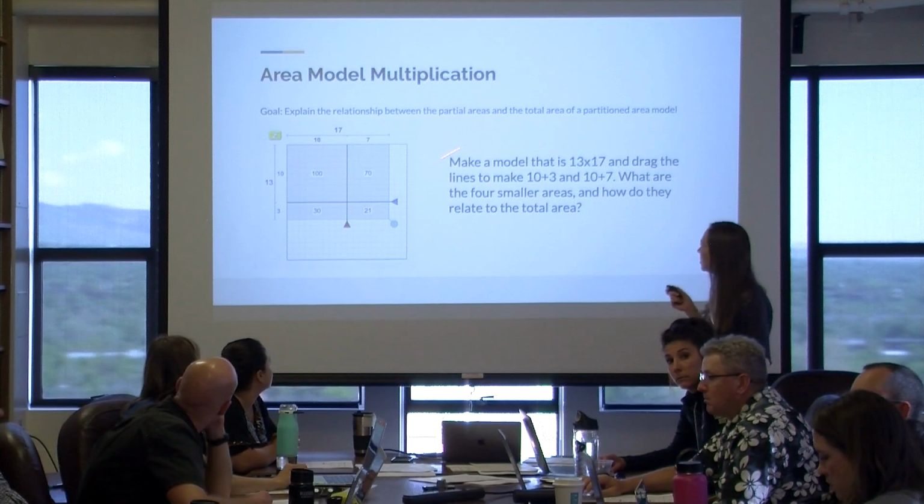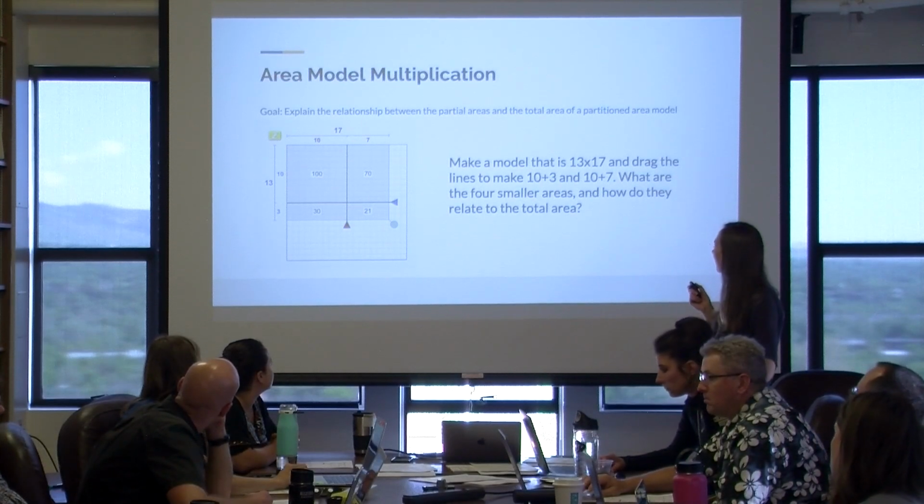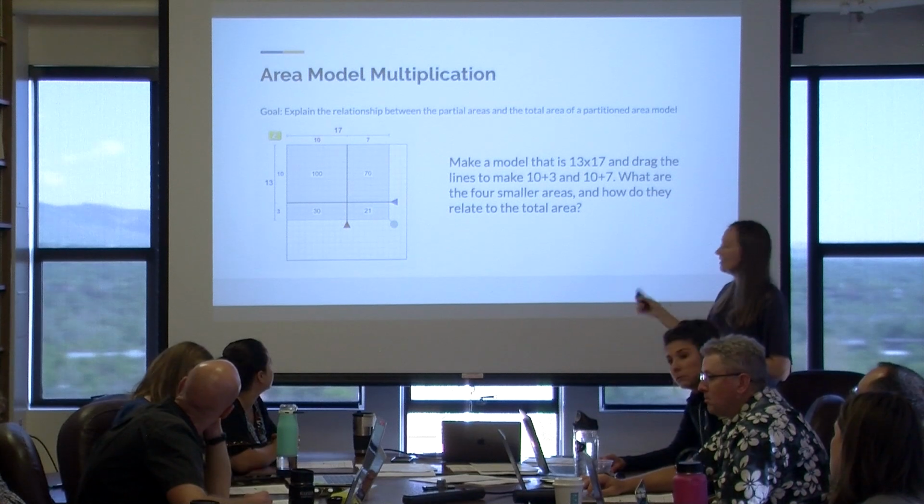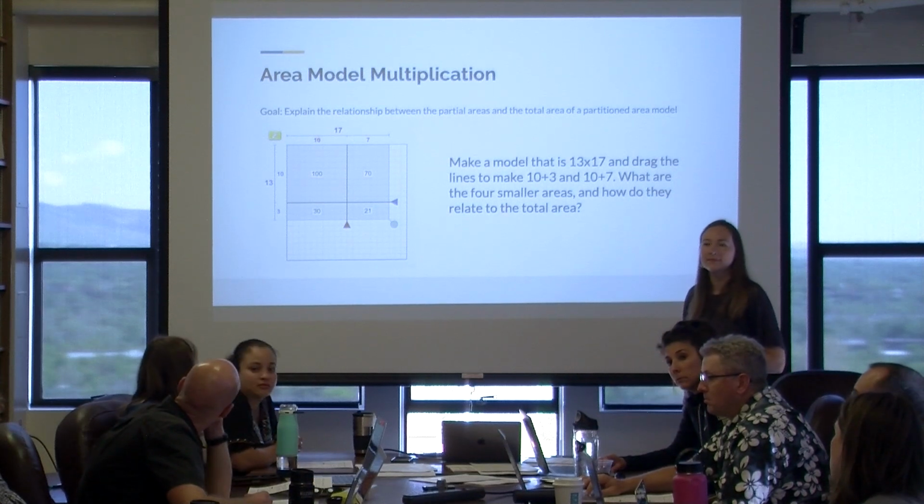Trying to get them to see the relationship between the partial areas and the total area, instead of asking them to build this exact model. Yeah, so we decided that keeping it as 13 by 17 is a good idea. Originally, I wanted to let them choose what two numbers they used, but if everyone uses 13 by 17 and they partition it differently, then they can compare their answers, but they can still see this pattern that no matter how they partition it, they still get the same total area. And so we give them the freedom to partition it differently and look for that pattern.